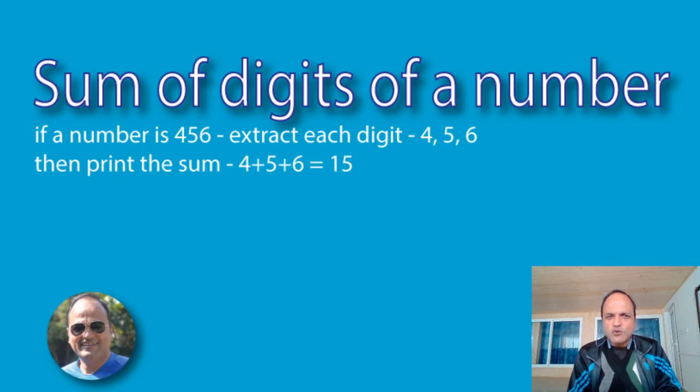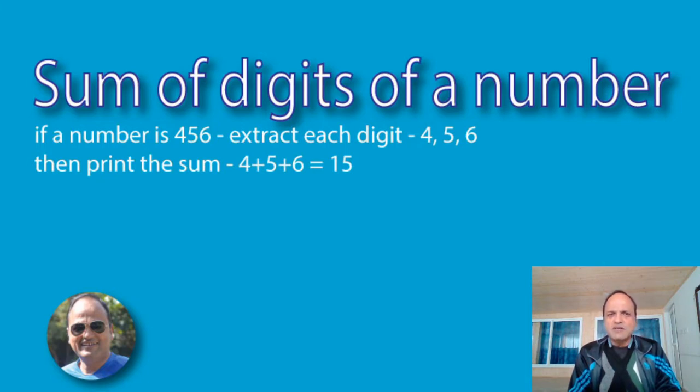So we're going to do a program here in which we will extract digits, and not just extract them, we will do something with them also, like sum of digits or maybe a palindrome number. And there are numerous other things like finding an Armstrong number, and there are so many things that we can do. But first we have to learn the method. How can we actually extract digits from a number?